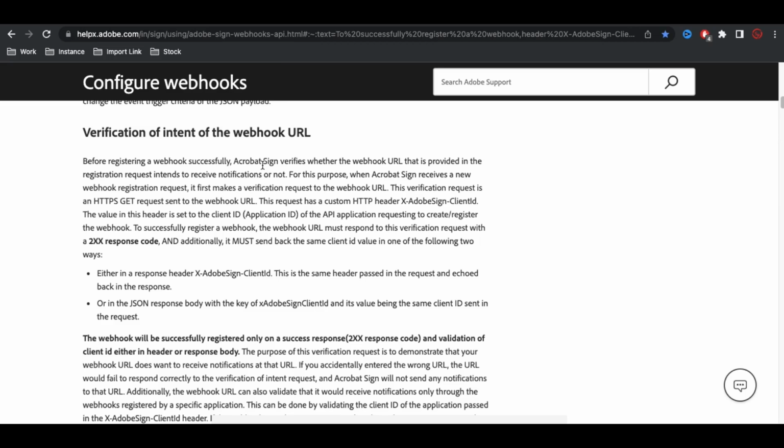Once you click save, it will send a GET request, and along with that, in the header, they will pass a client ID, which is your particular unique ID. Once they pass this client ID in the GET method, in the response you should pass a 200 response code, or any code like 200 or 201. Along with that, in the header you need to pass x-adobe-sign-client-id